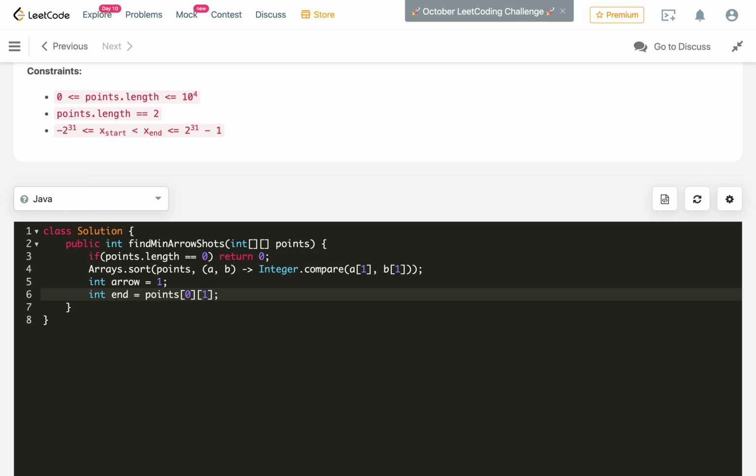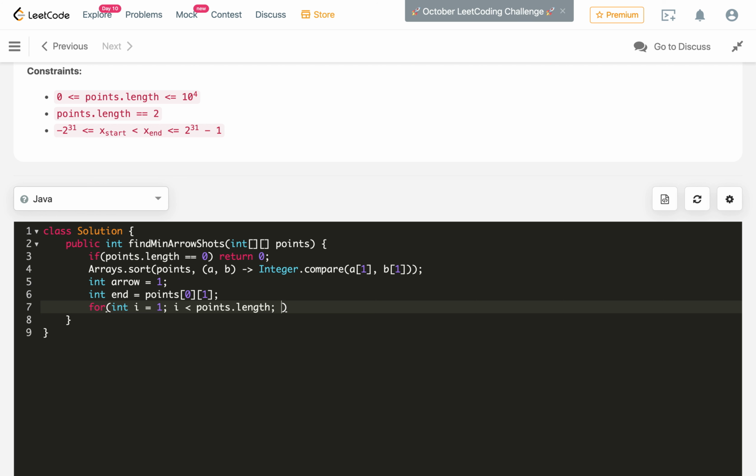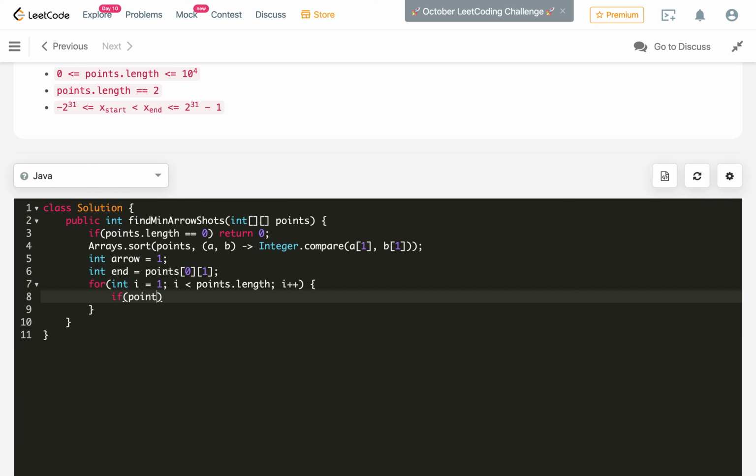So after defining all this, we will iterate over all the values from i equal to 1 and i less than points.length and i plus plus. Now for checking this condition, what we will do is compare the END with points of i of 0, the start.